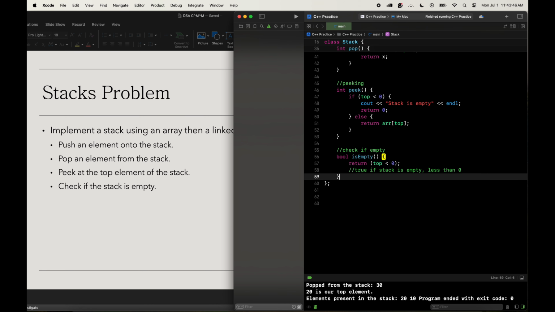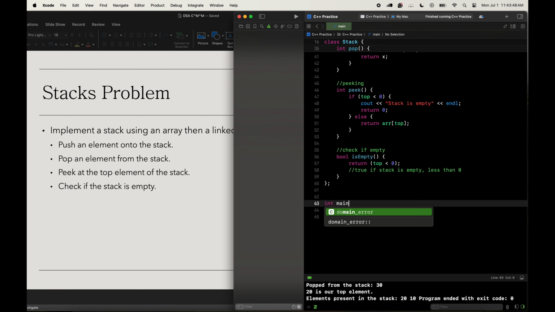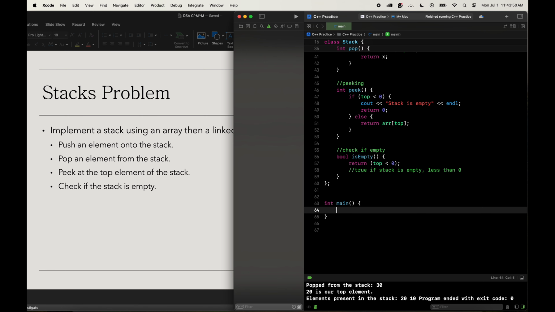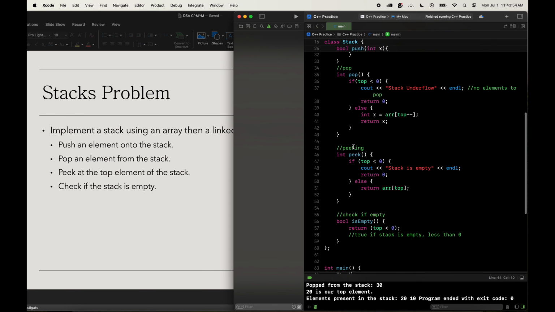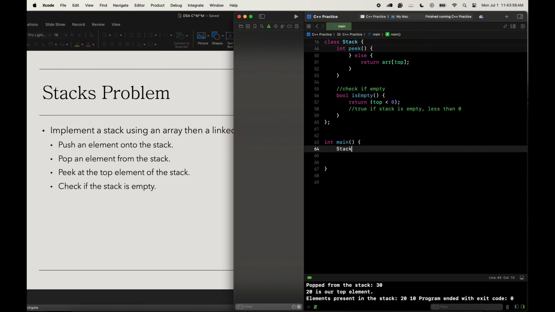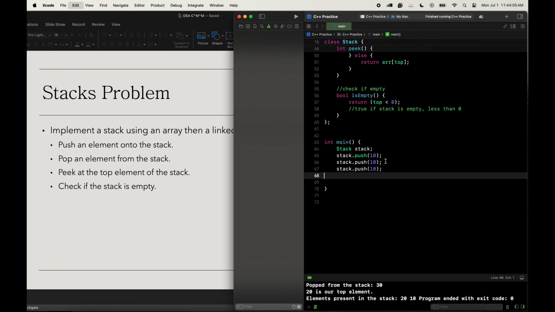Now, to be able to test this bad boy, what I'm going to be doing is that we're going to have our main function over here, and then I'm going to declare our class that we have, a stack, and then we'll have stack over here. I'm going to stack push, let's say 10, for instance, that's the specific element right here, then 20, then 30, and then what I'll be doing